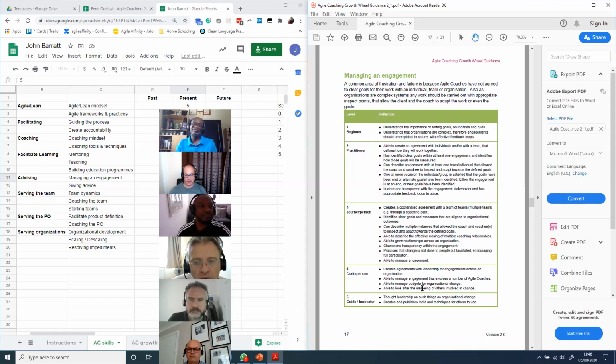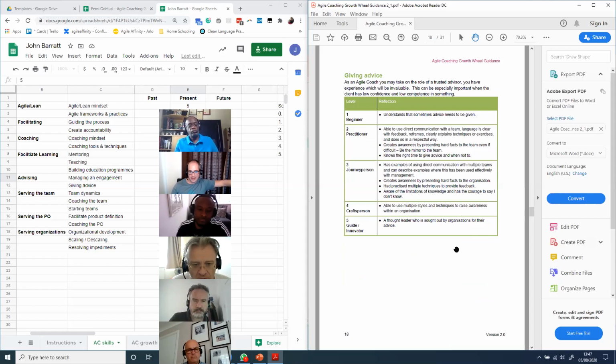I think the wording is, as you said, my inference is that if I wanted to call myself a 4, that I would have wanted to have done those things at least once in reality, but it's a self-assessment. So just because I think that doesn't mean you have to think that, Femi. And like you said, you've got some special skills from your accountancy background, so I can't really relate to whether that's right or not. Giving advice. So sometimes it is the right thing to just give advice as an Agile coach.